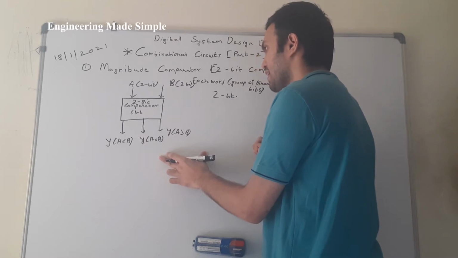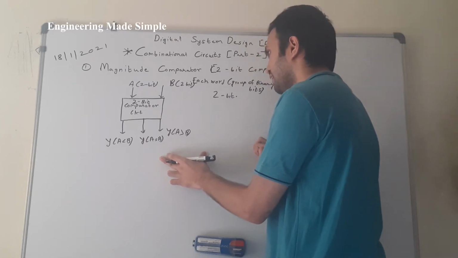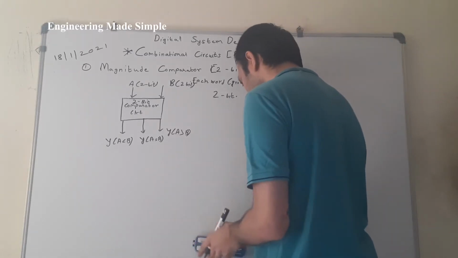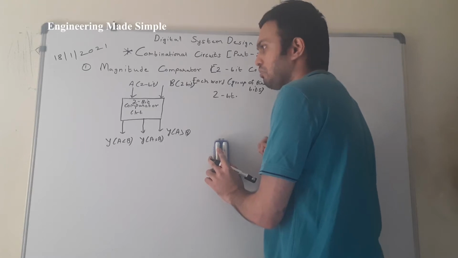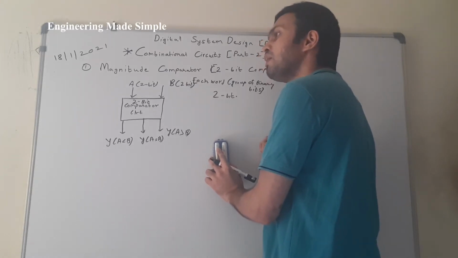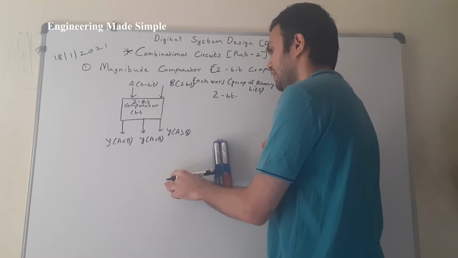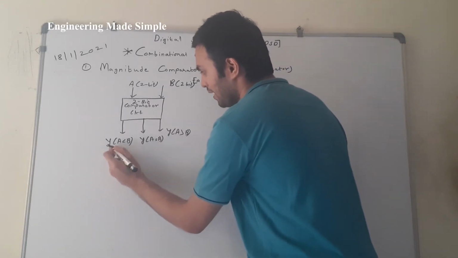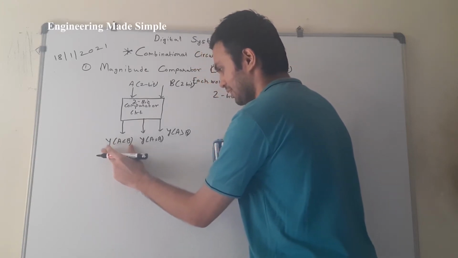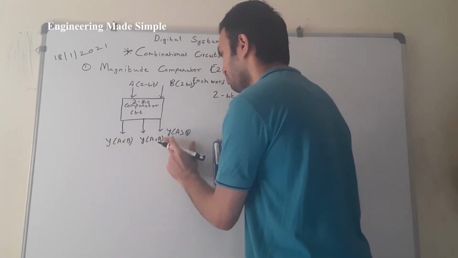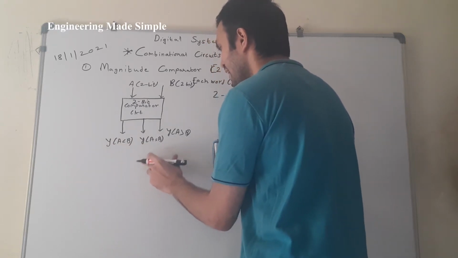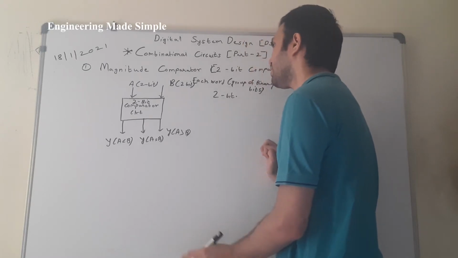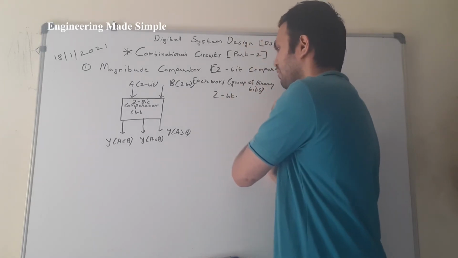Now let us start designing this circuit, that is the 2-bit comparator. For that, first we need to draw the truth table, then solve the K-map, and then obtain the Boolean expression or logic expression for this circuit. As there are three outputs, we will have three equations. These three outputs will generate three system equations, and we are supposed to implement these three system equations in order to implement the 2-bit comparator circuit. Now we will do that.